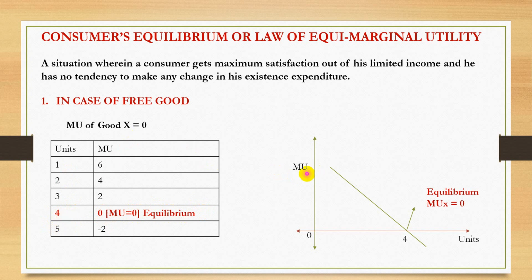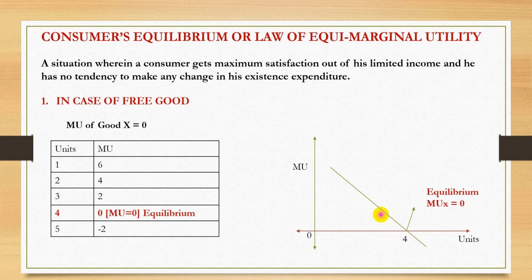This can be explained with the help of this diagram. This MU curve slopes downward and it intersects the x-axis at 4. It indicates MU is equal to 0. Therefore, this is the point of satiety. Now, if he stops before it at 3, he is not going to get this amount of satisfaction. So he is the loser. His satisfaction is not maximized before 4 units of consumption.